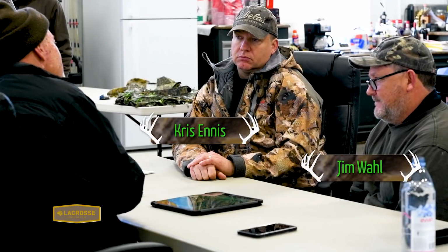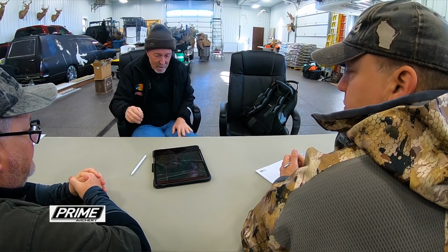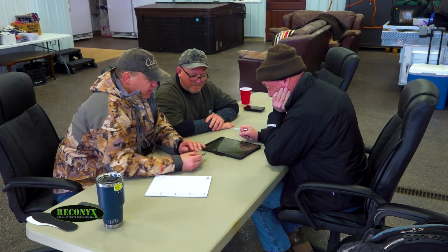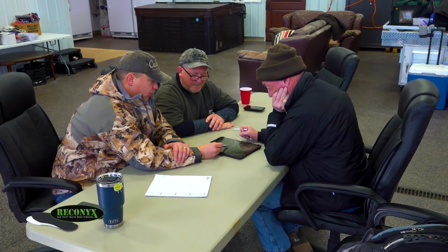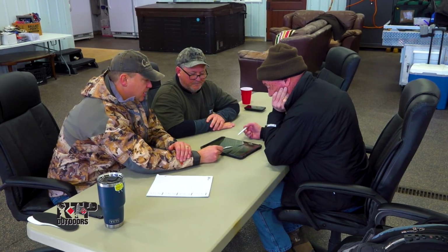We met up with Chris and his good friend Jim and studied the map and talked about their past observations before heading out in the field and starting to create a plan. I think from watching your videos, the one mistake that I might be doing is having a tower blind right in the middle. I'm thinking that to get to that, you have to walk right in the open and expose yourself. So I'm sure you're probably going to tell me that needs to be moved over to a...